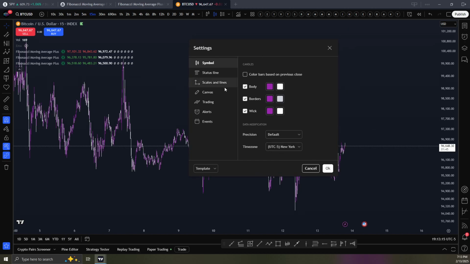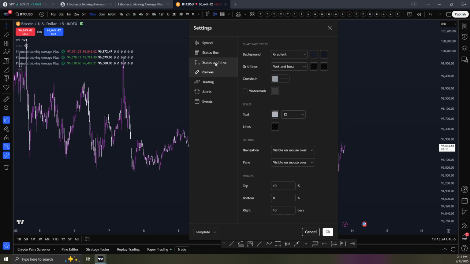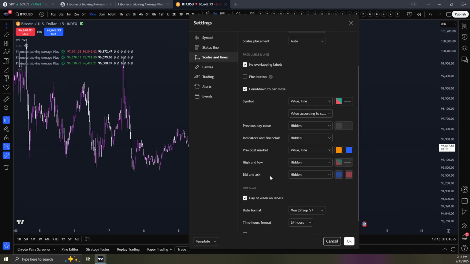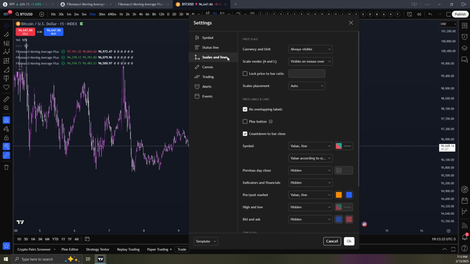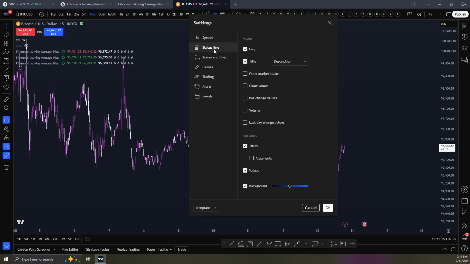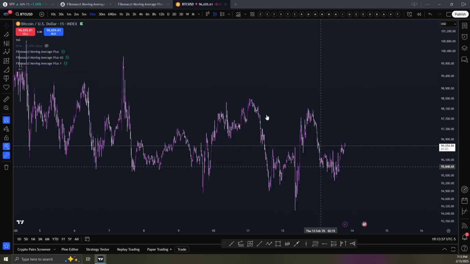Okay. So in your chart settings, you'd want to go to the indicators under status line, and turn on arguments. You can probably turn off values, but if you turn on arguments, it'll show this right here. So like,